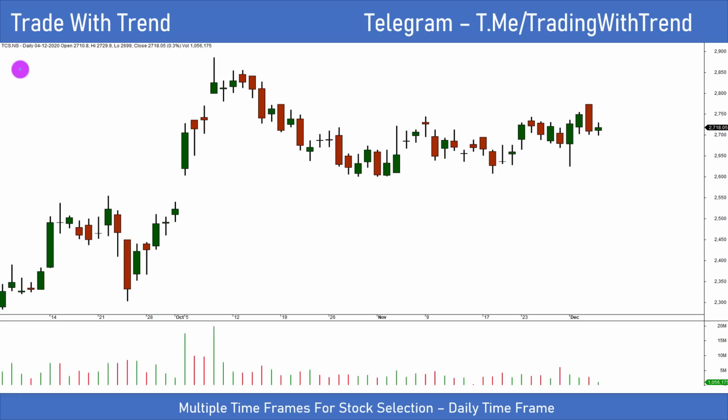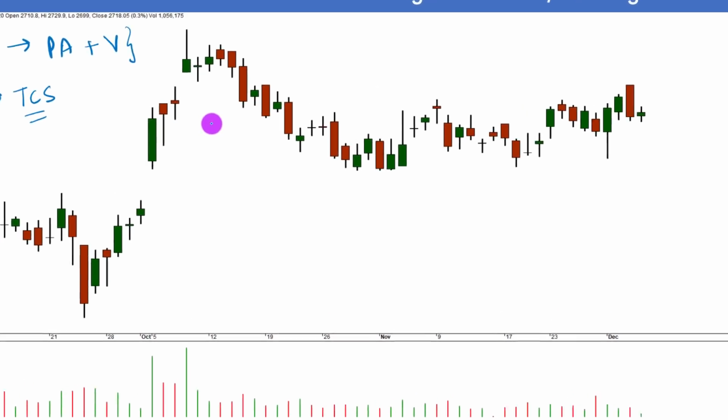So let us now come to step number 2, where we go down to daily time frame chart to analyze price action and volume activity. So this was again a part of framework that we discussed in last week's video where we selected Adani Ports. So when it comes to TCS on a daily time frame chart, again, for those of you who have watched my pullback trading series, you would be now knowing in detail why we have started tracking TCS with respect to the pullback structure.